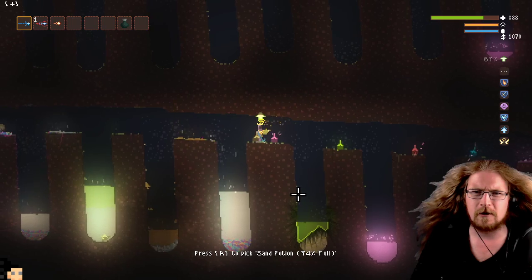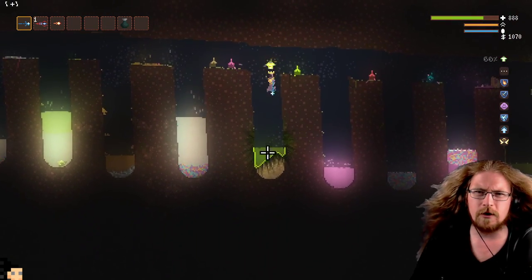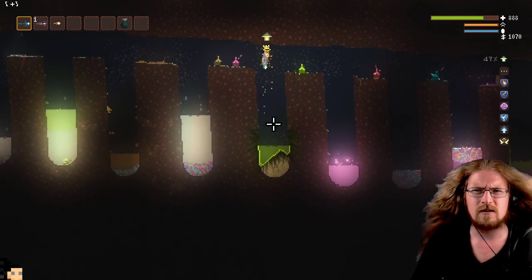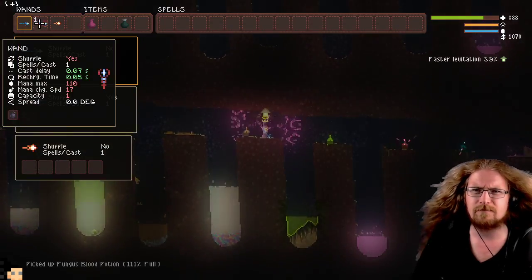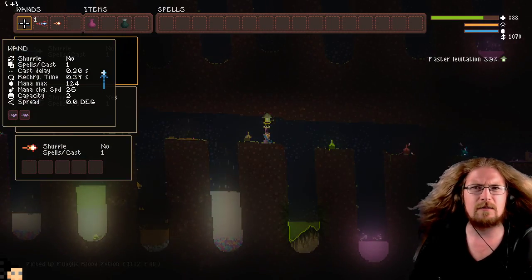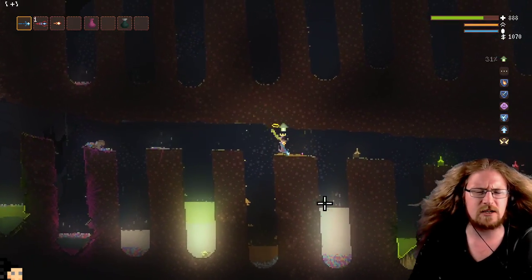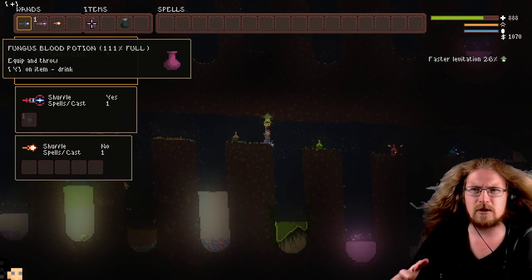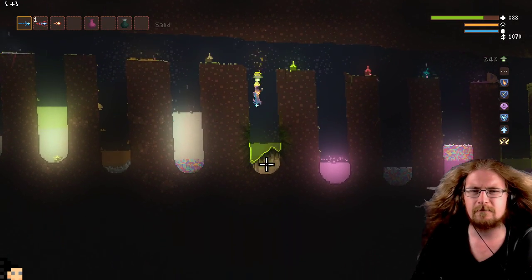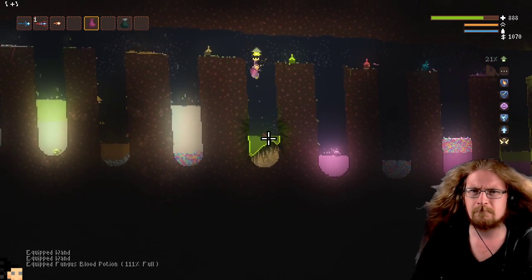Now, fungus blood, sand. We've already got sand in there. And we've got toxic as well. Now, this is fungus blood. You get it from the enemies of fungal creatures. They bleed. It looks like slime, but it's actually a fungus blood. Now, I'm using this because it's one of the ways of making...